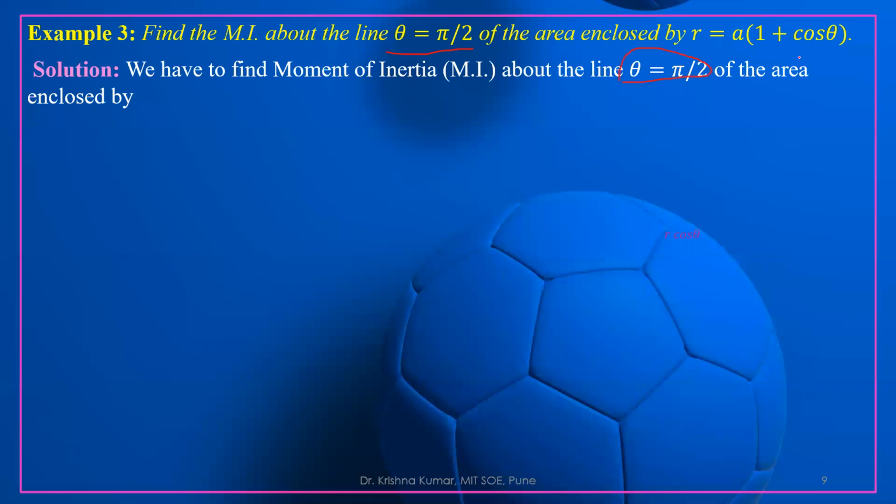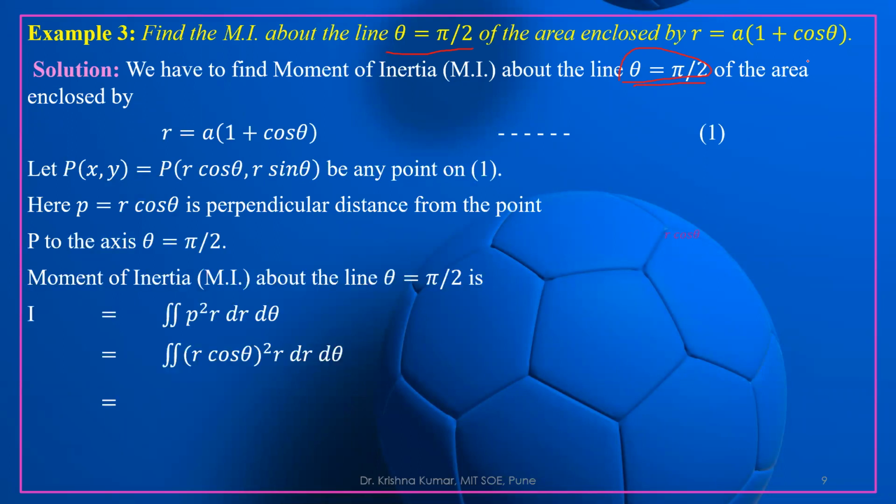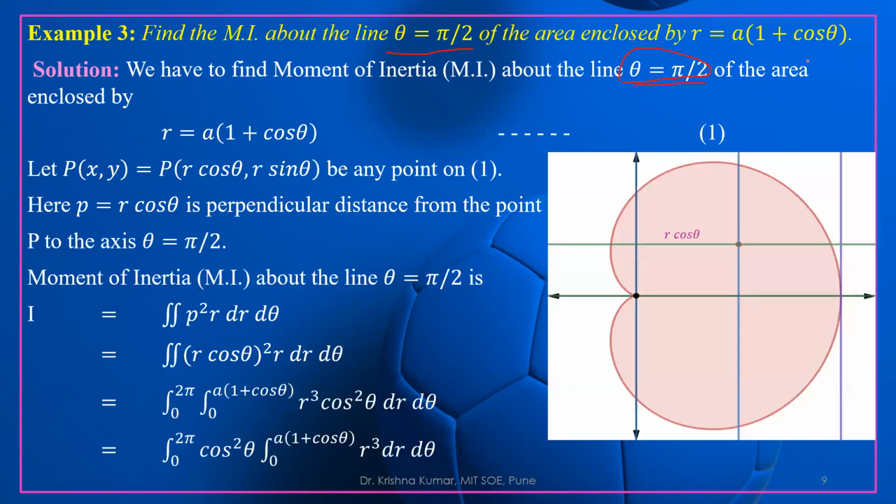So same question we have taken over here, but here we have to find out the moment of inertia about theta equal to pi by 2. I am just giving you the steps of what we have to do here. Just look here. If we take this, what is this distance? It is r cos theta. So instead of p, it is written r cos theta. The rest of the things are similar, only the r sin theta will be converted to r cos theta, and according to that we can integrate it.